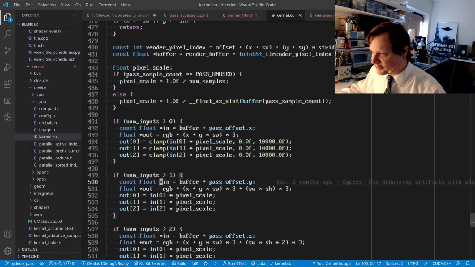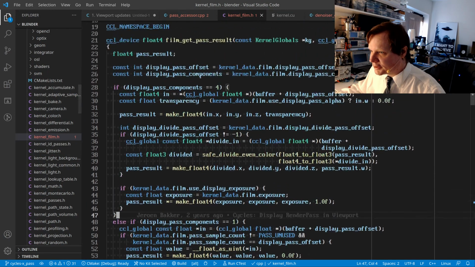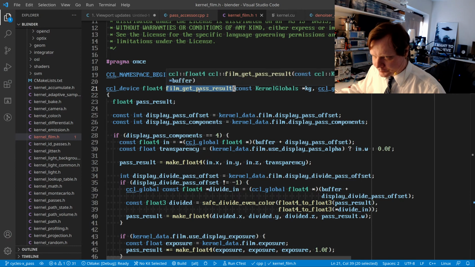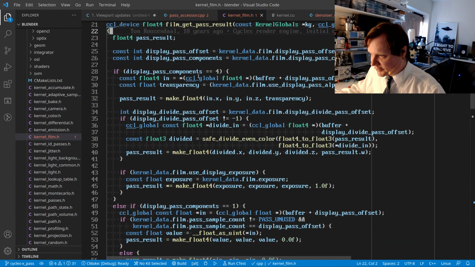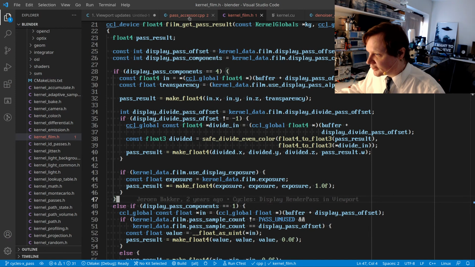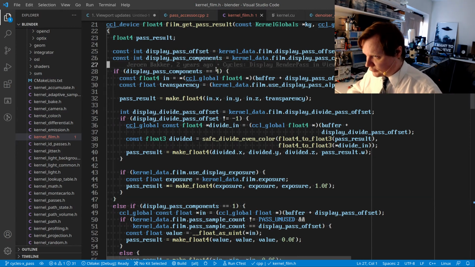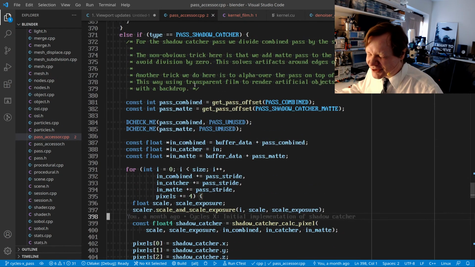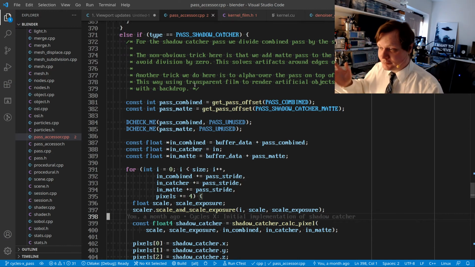So the point is, what I've tried to do is to reuse the logic from the film kernel and use it in the pass accessor and whatnot. But what turned out to be happening is, because there is so much more logic here, which had to be extended with shadow catcher logic as well, there is way more things happening on a per pixel level. Which made the pass accessor about 20% slower, which is not too much if you take into account the entire render time,